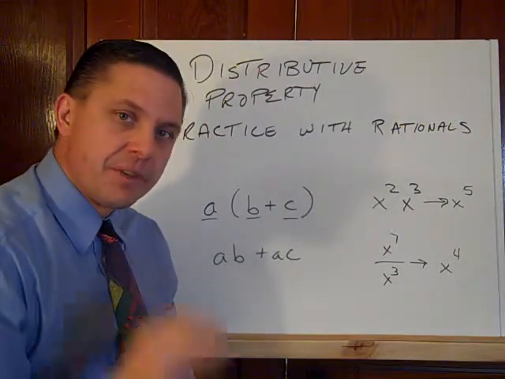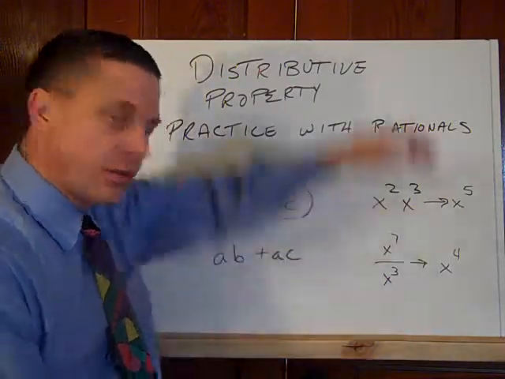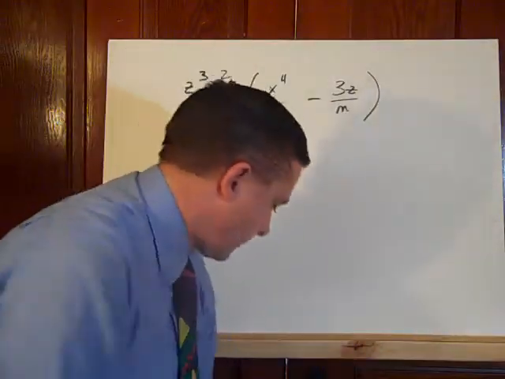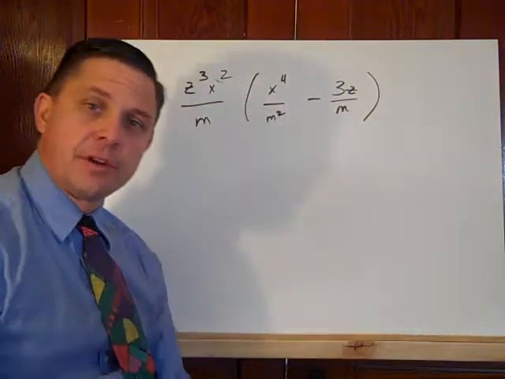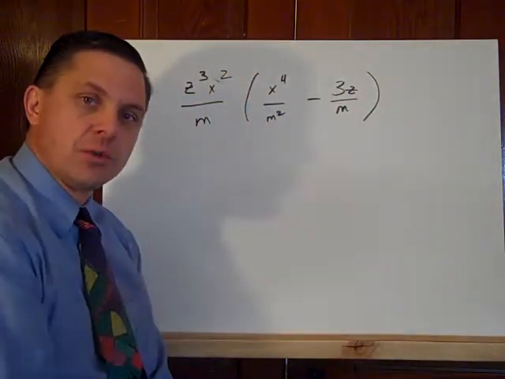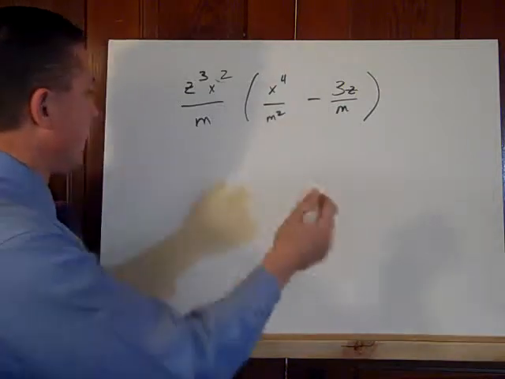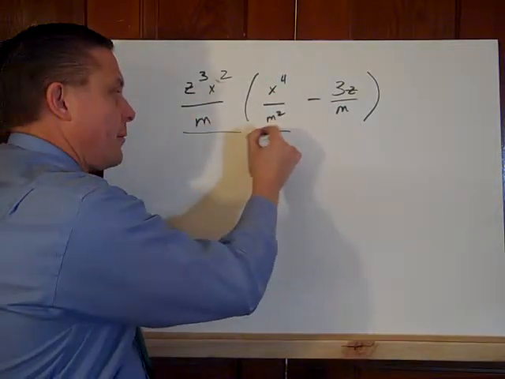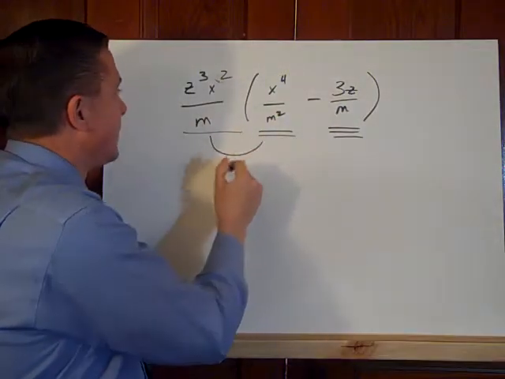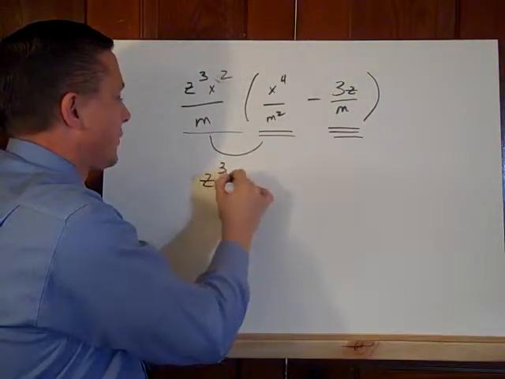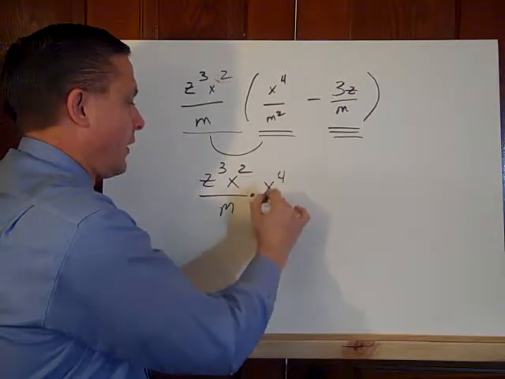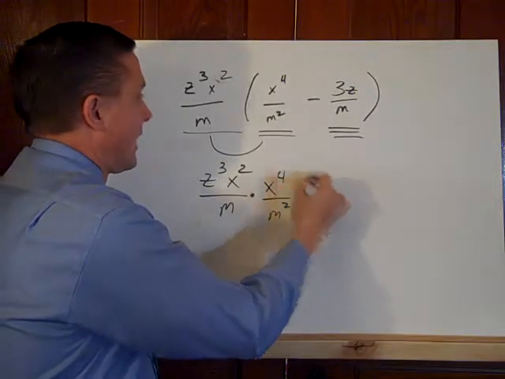All I'm going to do today is go through 4 examples. You can watch the other rational expression video for why it works. So if you want to pause the video each time, all I'm going to do is show the problem and then immediately go into distributing it. You have A times (B minus C) here. A times B is z cubed x squared over m, times x^4 over m squared, minus